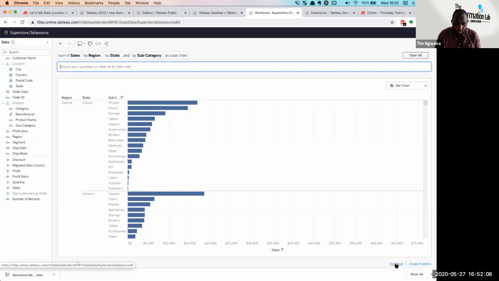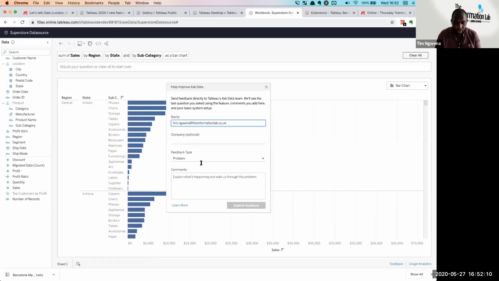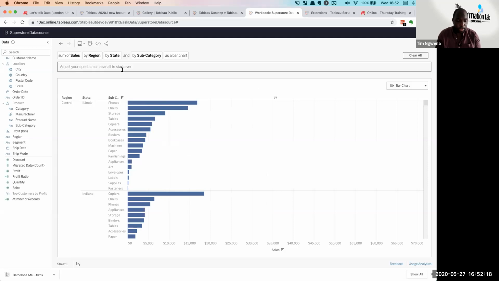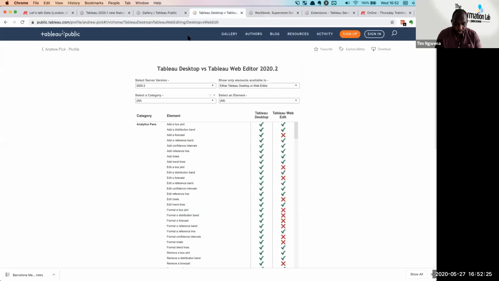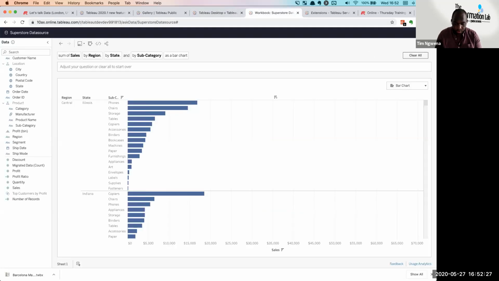And that's why you've got this feedback capability here. You can actually say, listen, I have a problem and I'd like it to be able to understand this question. And I think they're constantly improving this. But it's a nice way of quickly getting charts without having to drag and drop, as it were. You can just start talking to the data set. Now, if I go back one, actually, if I exit this view,